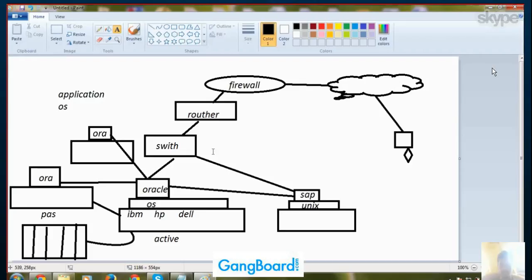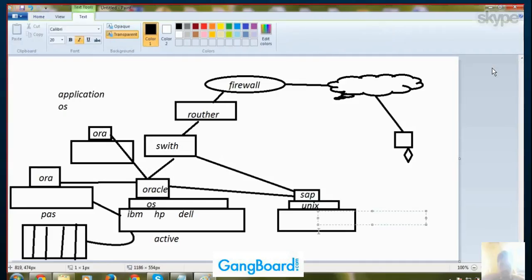For preventing this problem, and like resource availability, a lot of other problems exist in your traditional environment. For example, if a client is requesting a hard drive, say my client requests: I need to add a 1 terabyte hard drive to my SAP server. So what will happen is